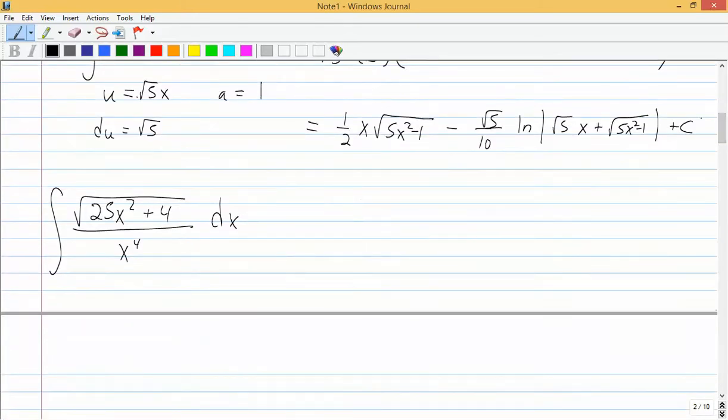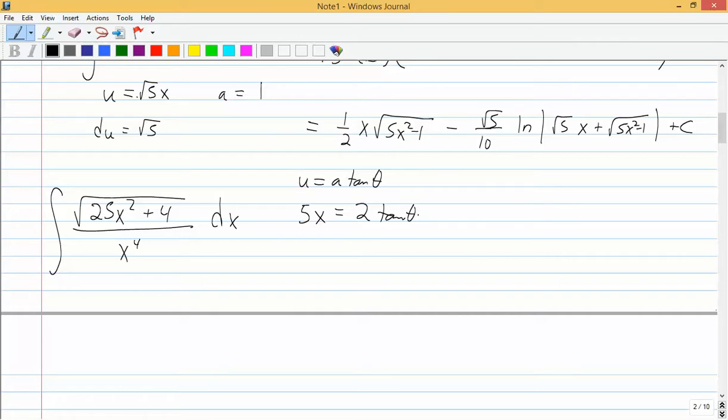Alright, so first we need to recognize what form this is in. So I see a square root of u squared plus a squared. So that's going to be what type of substitution? Tangent. So that's going to be a u equals a tangent theta substitution. So what is our u here? That's very important because it's not just x. It's 5x. So 5x equals, what is our a? 2